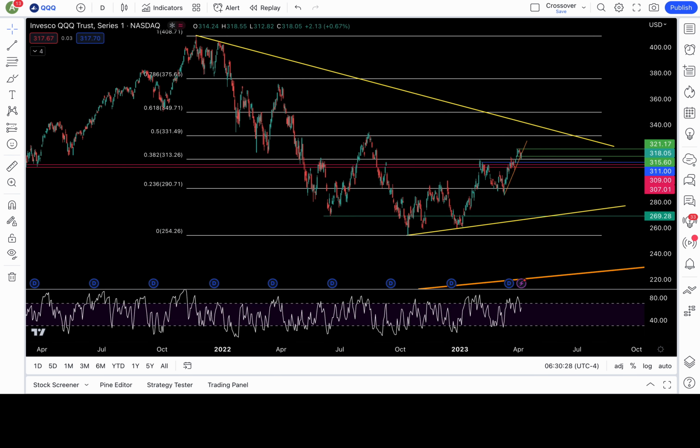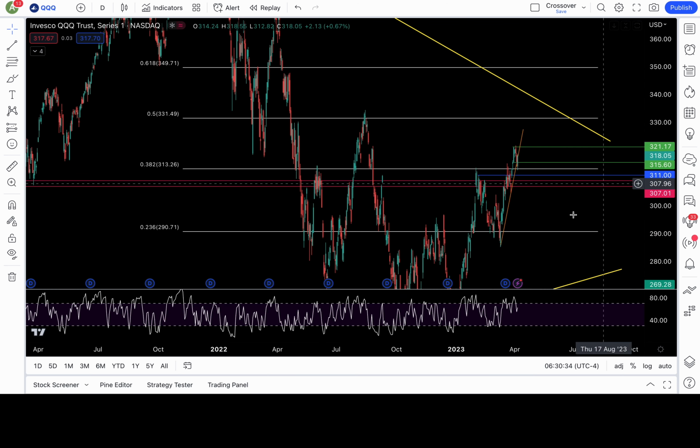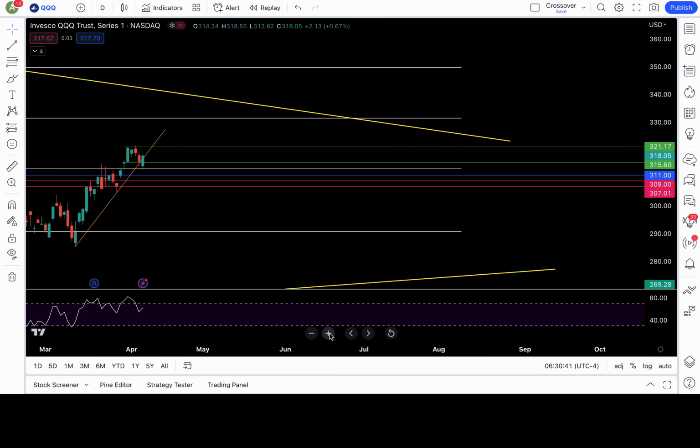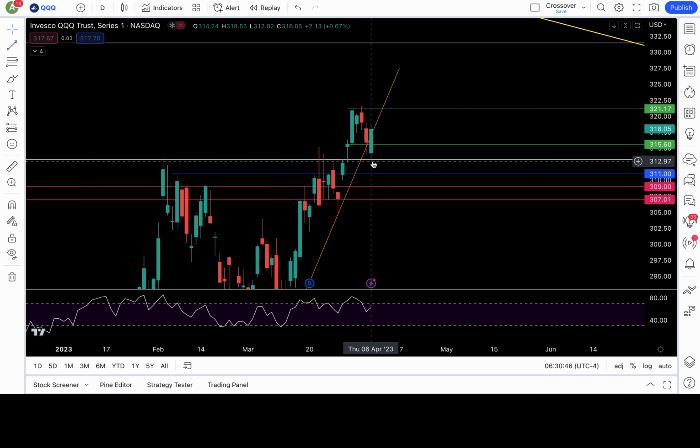All right? Now here's triple Q. I have fib level from all-time high down to October low. Okay, now we're zooming in. You can see that 38.2 fib level at 313.26. And as of right now, triple Q is giving us some buying pressure there. We had buying pressure there back on March 30th. Buying pressure there yesterday. Okay, so bulls still got a shot at more upside if they can defend 313.2.